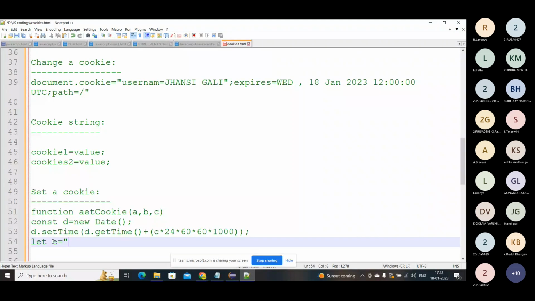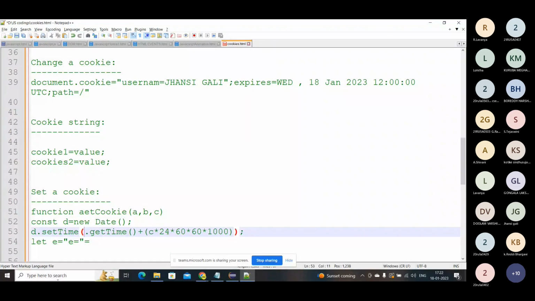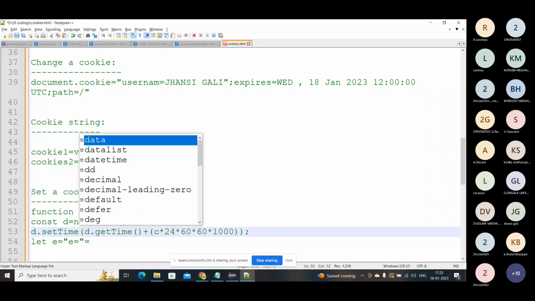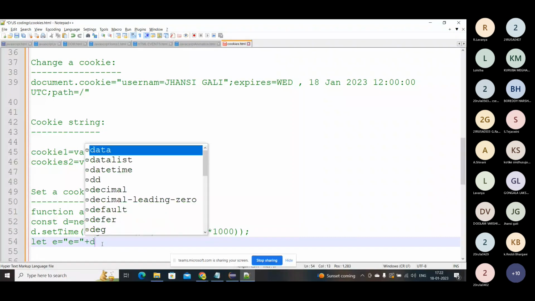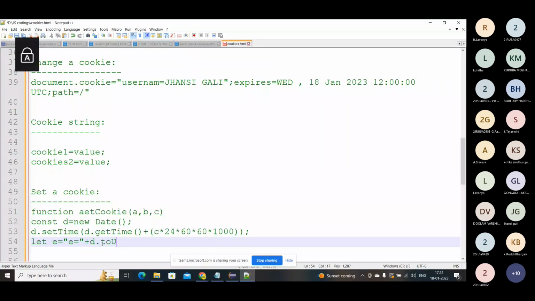Here I mention e equals "expires=" plus I'm assigning the value. Here I'm giving d.toUTCString(). So this is how it will be.